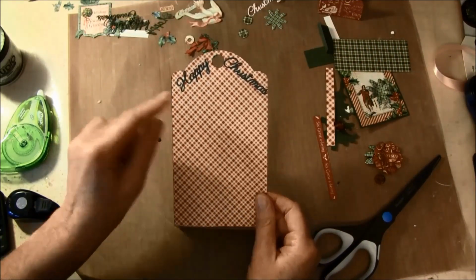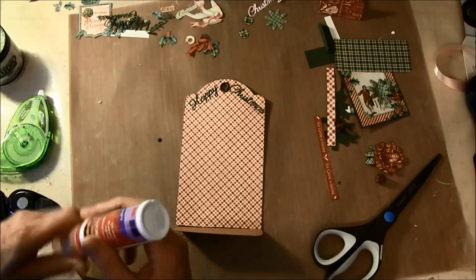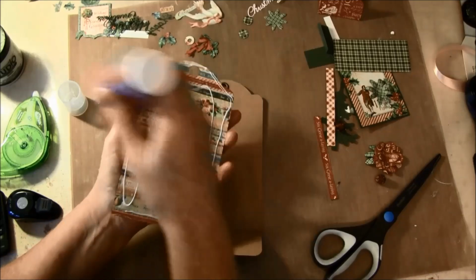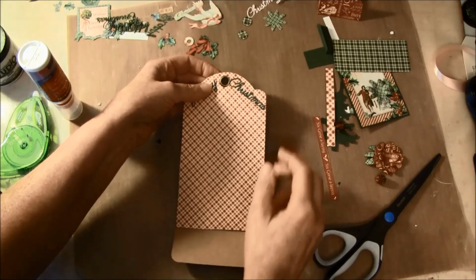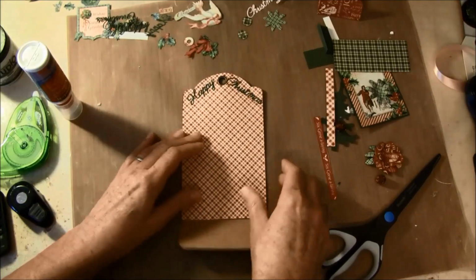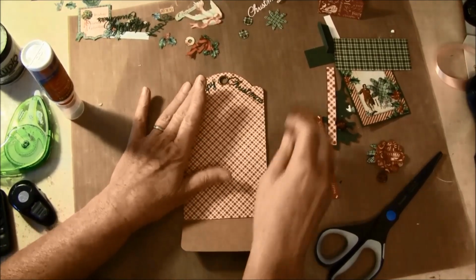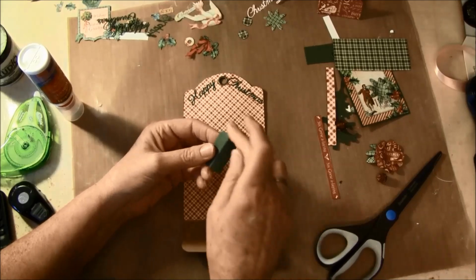So here I already cut it out, and here it's Happy Christmas from the Cheery Lynn die again. So I will glue this down here. So, just to make sure to glue it well down around here. And then I want some hinges, and this is cut at 1 inch and scored at 1/2 inch. I rounded the top a bit,